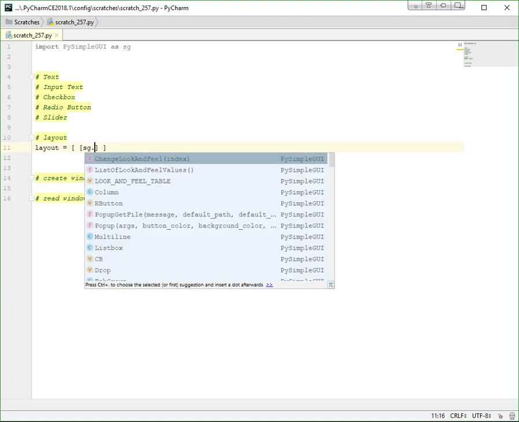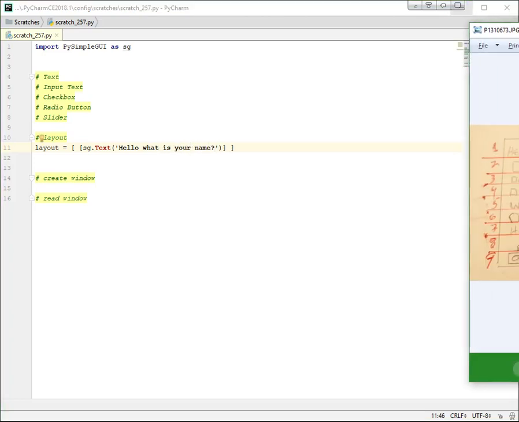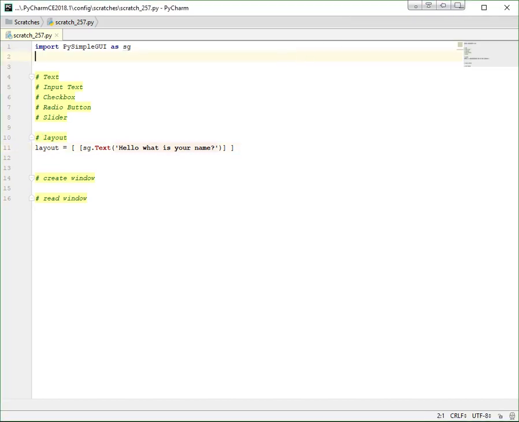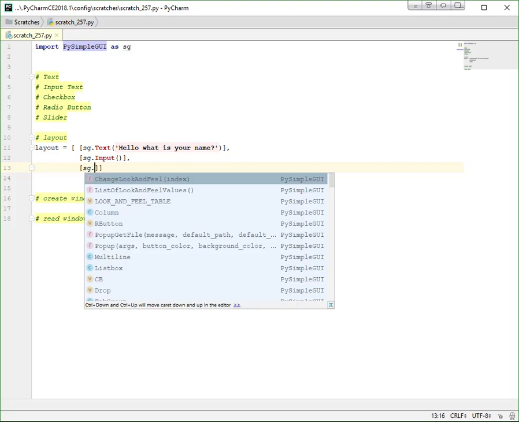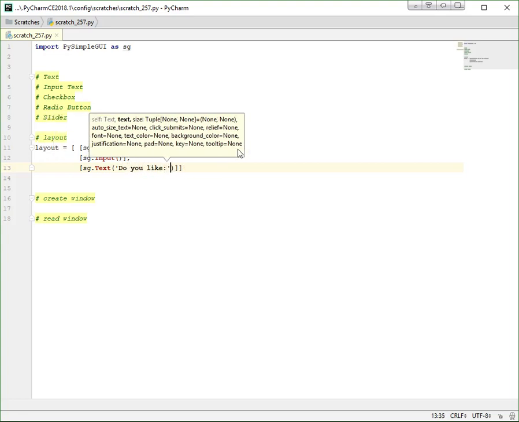The first row we said is text, and it says, hello, what is your name? Why don't we put, I don't think I can keep this on top. No, I can't. Okay, hello, what is your name? The second row, it's an input field. Third row is text. Do you like? And in the next row,